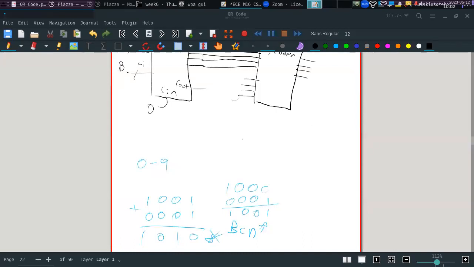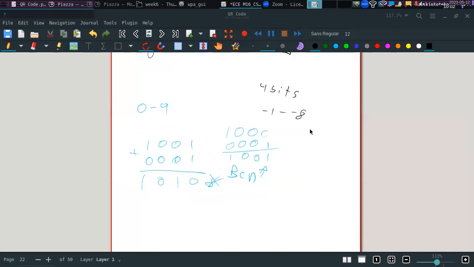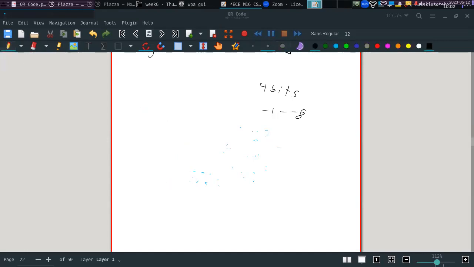If we have 4 bits, what is the range of values we can represent in 2's complement? If they are negative, it's from -1 to -8. So can we represent -10? Well, yeah, we can represent -10, but only because we are subtracting from numbers that are equal or greater than 10. And let me show you. So we do the 2's complement of 10 using only 4 bits. We have this, and get the 2's complement, it would be 0,